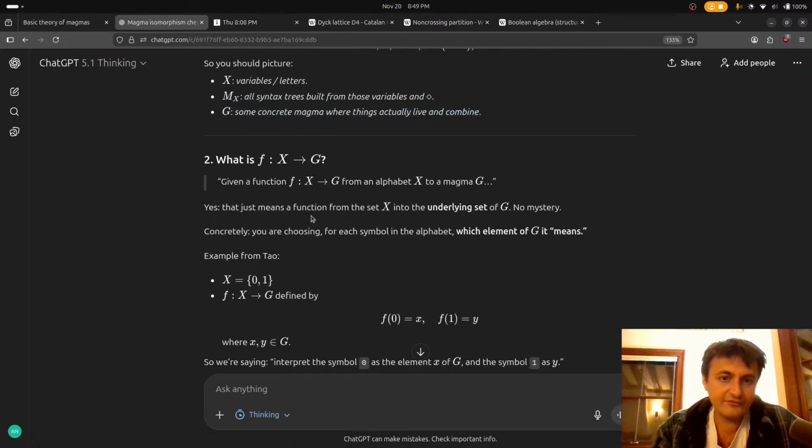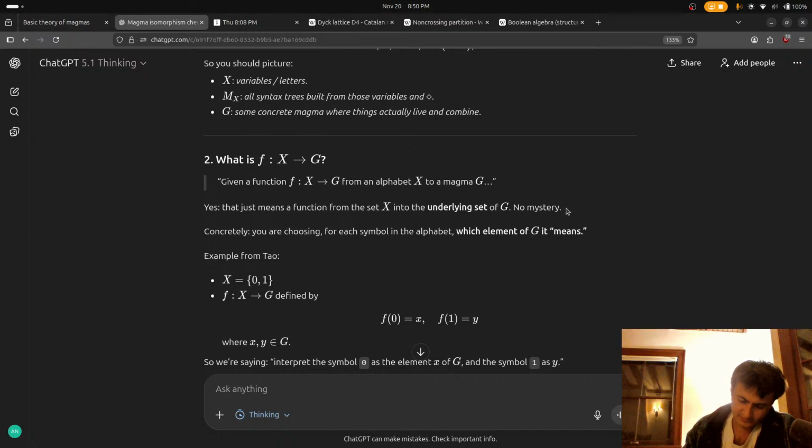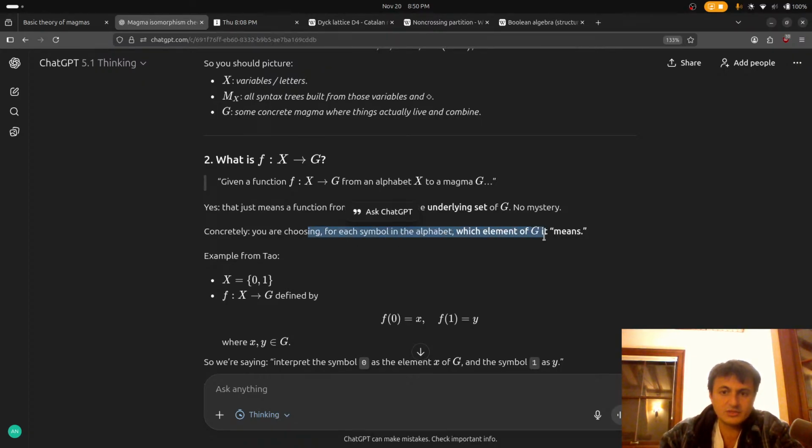What is F from X to G? Given a function, yes, this means a function from X into the underlying set of G. Okay, so F maps set to set. Okay, good. Let's chill. You are choosing for each symbol in the alphabet, but like, could...